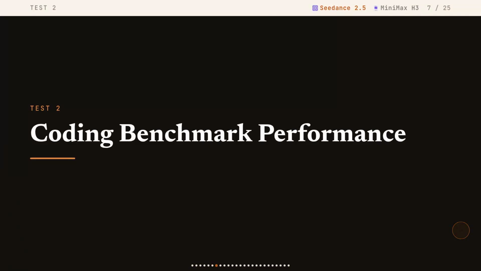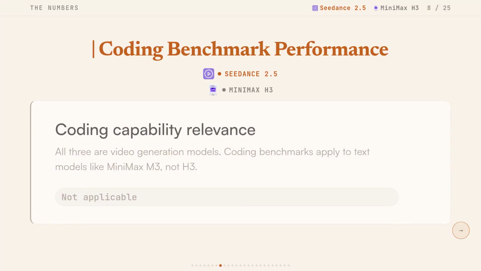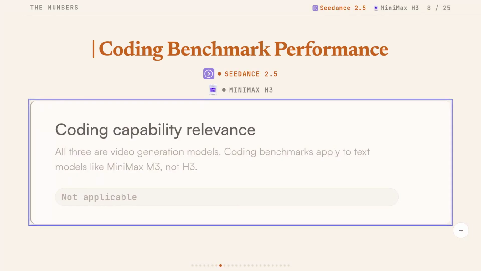Coding benchmark performance. You've seen SWE bench scores thrown around for MiniMax models, and you're wondering if that translates into better code generation inside Seedance 2.5, MiniMax H3, or FLUX 3, because if one of them codes better, that changes your automation stack completely. When I dug into this, all three are video generation models, so SWE bench and terminal